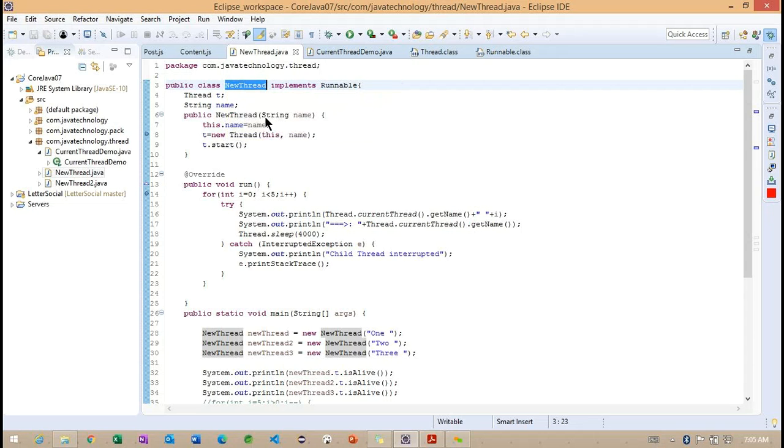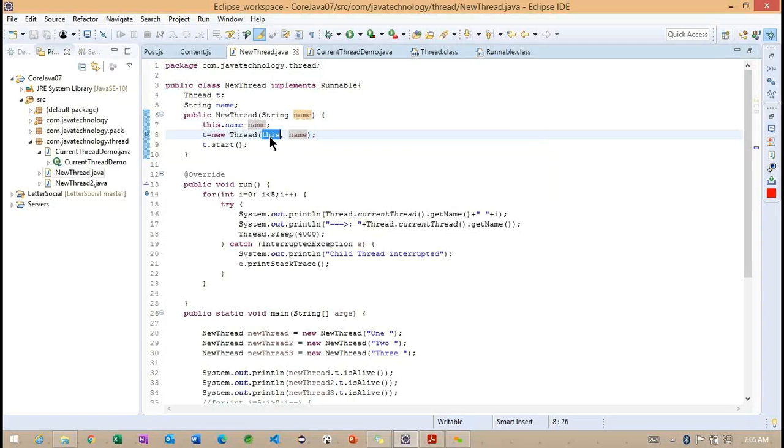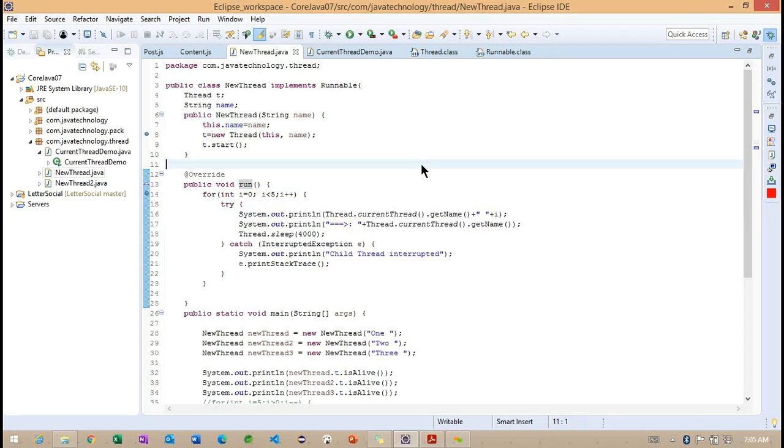By specifying one parameter, a String name, I am passing the name of the thread, and this is indicating the current object. After this we are calling the start method. Whenever we call the start method, internally the run method is going to be executed.